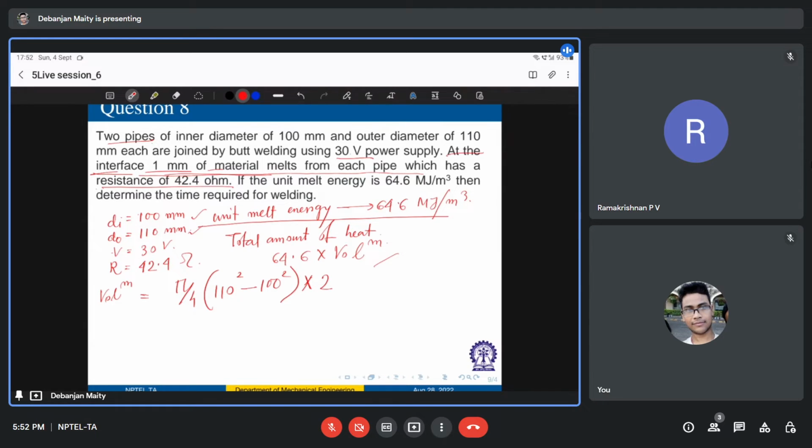And your melt energy is given in terms of per meter cube. So if this is millimeter, okay,